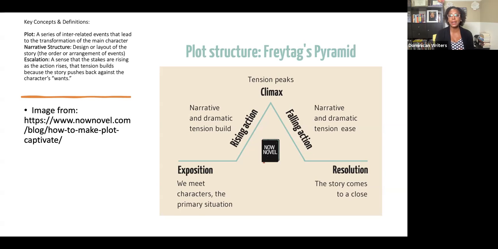And so for our last class next week, we'll be really looking at building characters and having memorable characters. There's a lot of tips and tricks I can teach you. But within the concept of this, you just have to know that, and we're going to start with Freytag's pyramid, which is,